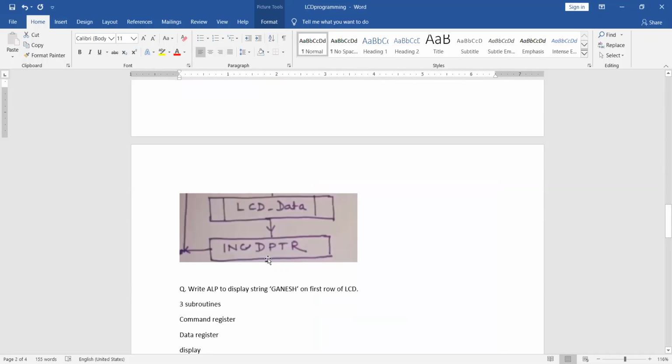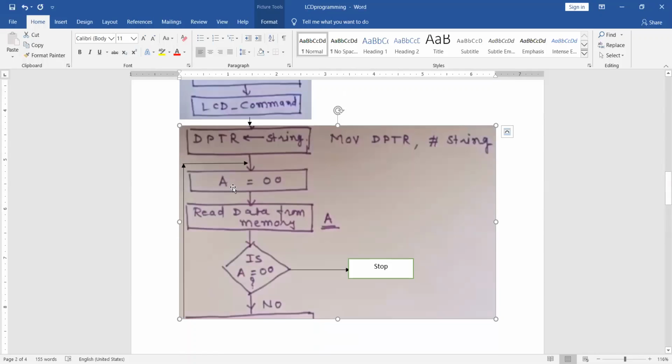After calling, I will increment the DPTR. Then this line will go here. Then again check A equal to 00. The row increments and it will get the next value there.